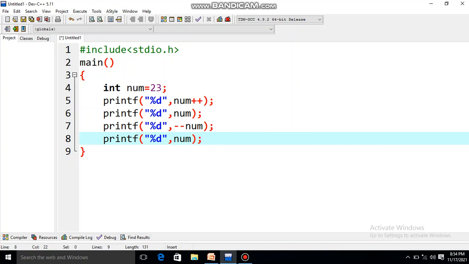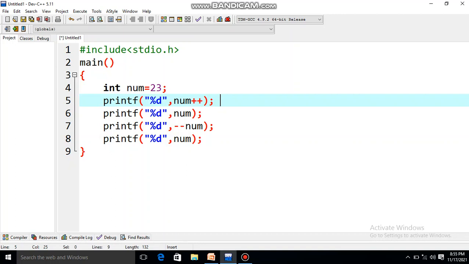Now let me explain. Here the value of num is 23. 23 is stored in num. Now here what will be the result? Here num++ is a postfix increment operator. So what happens in postfix? We evaluate the expression using the original value and then we increment or decrement it.